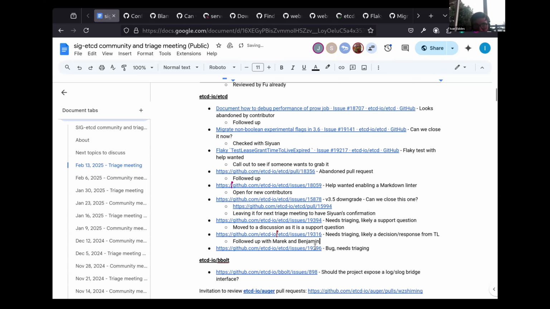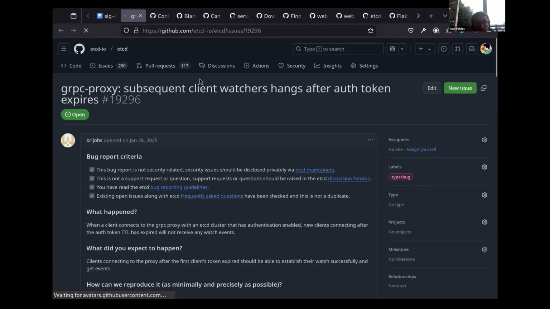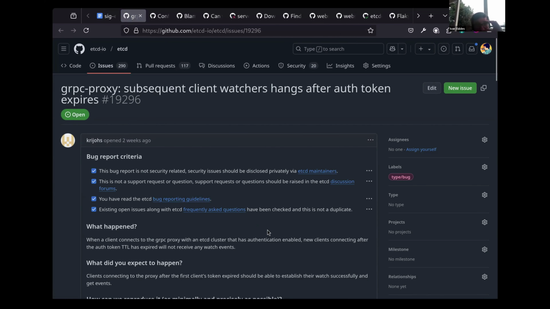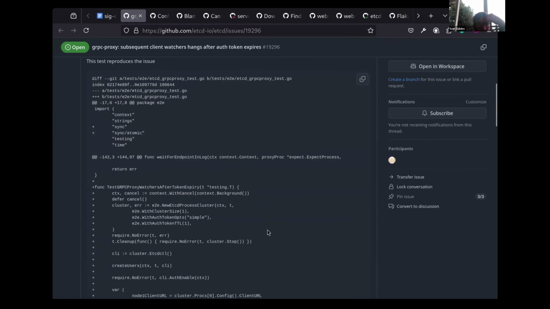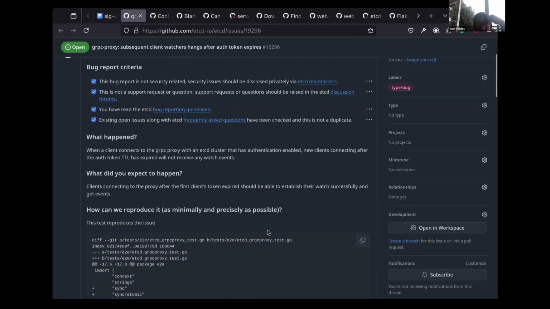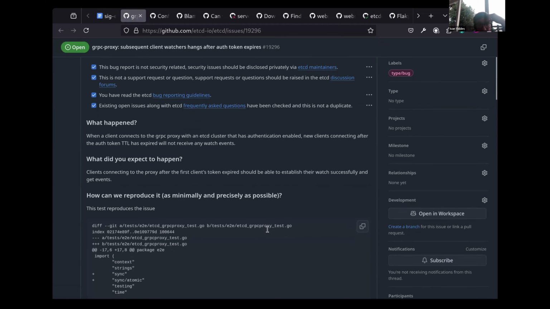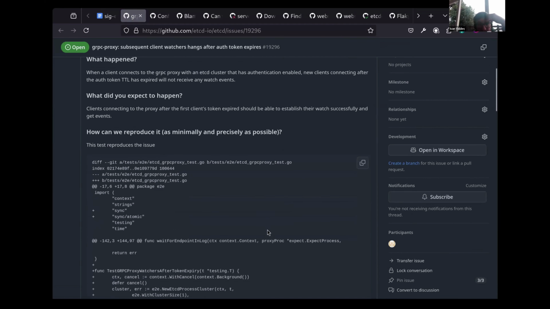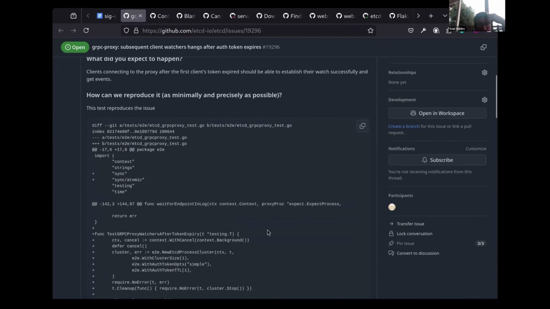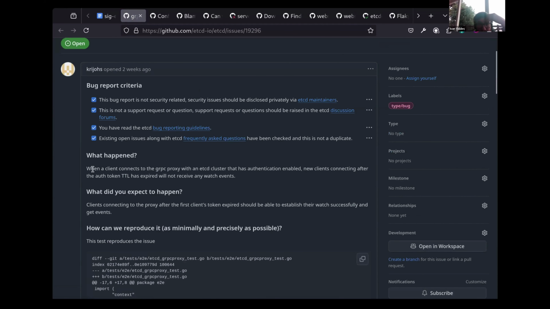All right. So also since last time that we spoke, how are we on time? We have 7 more minutes. Since last time we spoke, there's this. I think this may need more investigation and we may not be able to cover it in 7 minutes. This is a new bug: when a client connects to the gRPC proxy with an etcd cluster that has authentication enabled, new clients connecting after the auth token TTL has expired will not receive